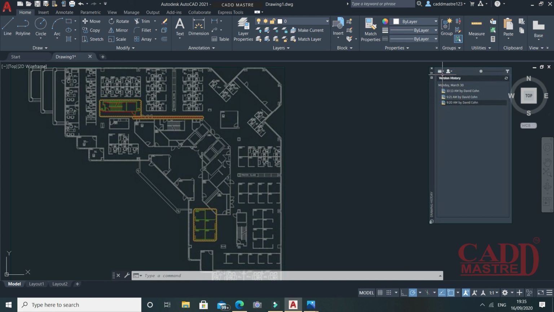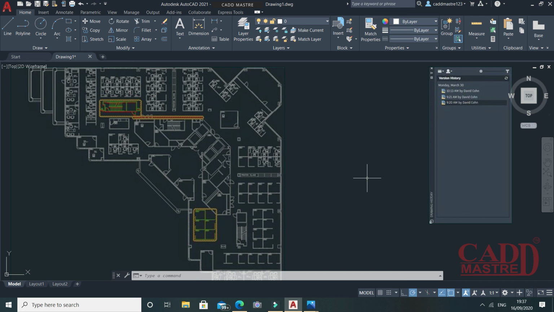Just above the version history, you will see three options, that is calendar, user and slider. Mostly these three options are used to filter the drawing history files. For calendar, you can just change the date, and as per the date, the files get filtered. For user, as per the user; currently in my account I am the only user. If there are multiple users, then you can filter out the files, and by using this slider, you can also filter out the drawing history files.